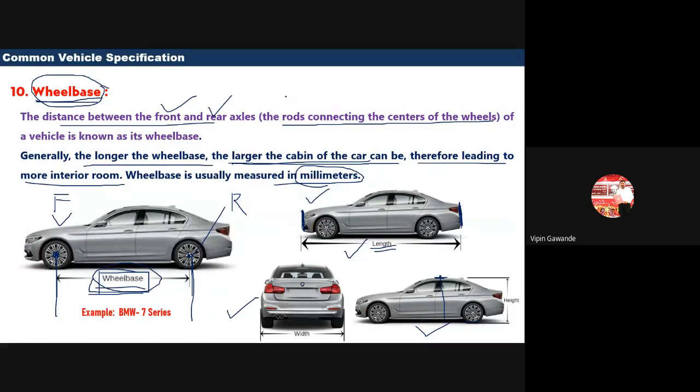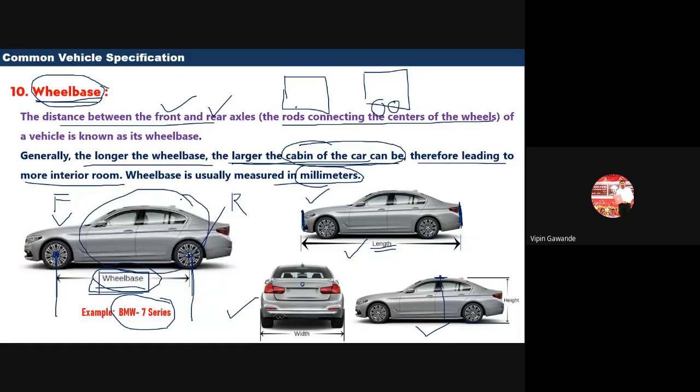Now you see this one. That Tata car, the Nano car, is a very small car, so it has a very small wheelbase. While if you take this BMW 7 Series, we get more wheelbase. In the Nano car we get very small space, while we get more space in this type of car when the wheelbase is more. So we have to check the wheelbase of the car, which is given in our specification chart.